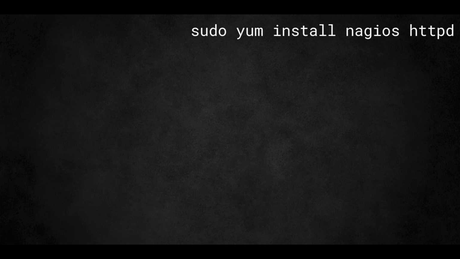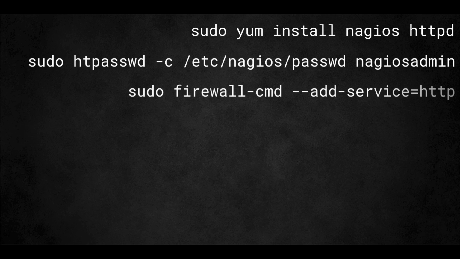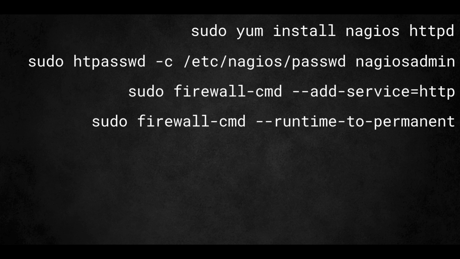So now it's just a simple matter to summarize what we've looked at. So first of all, we must make sure that we have Nagios and HTTPD installed on our Rocky Linux 8.10 system. Next up, we can go through and set our Nagios admin web password. We need to enable HTTP within our firewall. I didn't do this in the demonstration because it's a short demonstration, but setting it from the command line, we are setting it in memory. So we can then flush our in-memory or runtime settings through to the permanent settings.